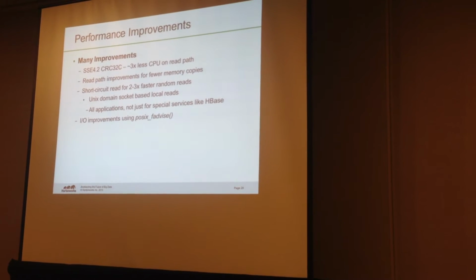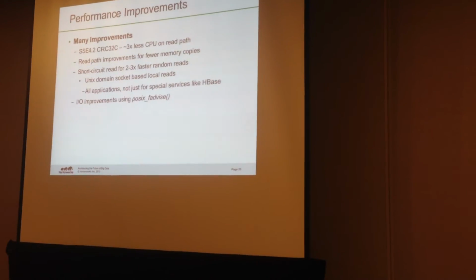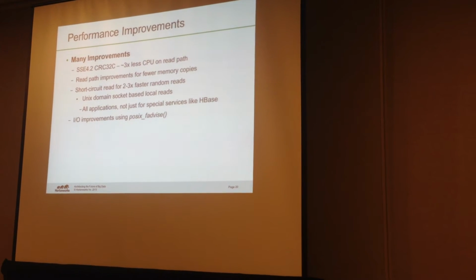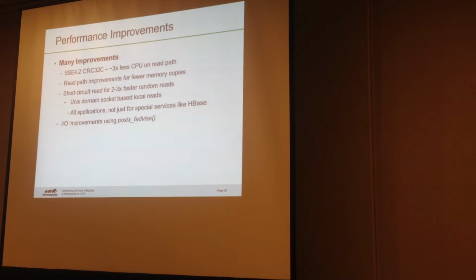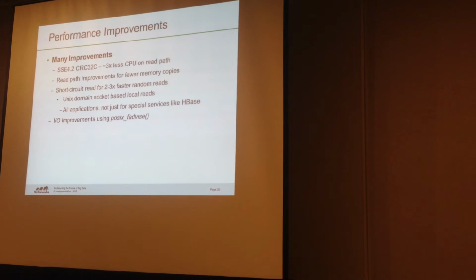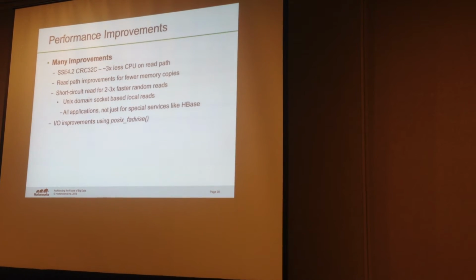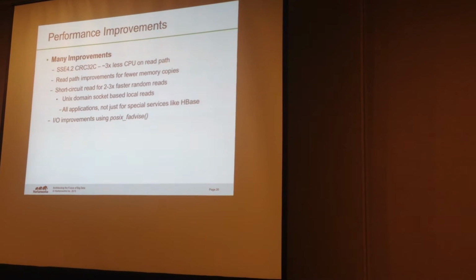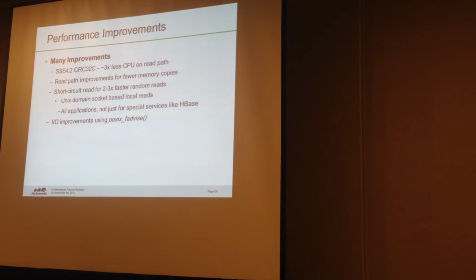So I'm going to move to the next topic. A number of improvements in Hadoop. So we do checksums, and now that's been kind of improved. We take about 3x less CPU than we used to. The read path now has significant improvements, less copies. By the way, we are implemented in Java, so you have to be more careful about copies and things